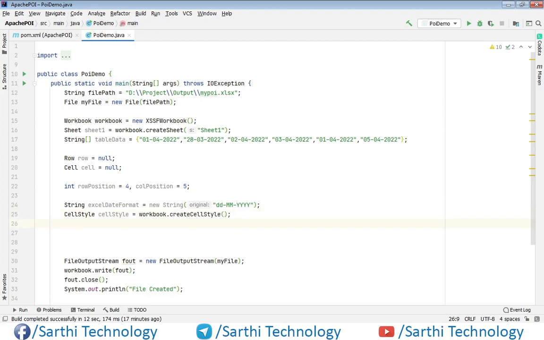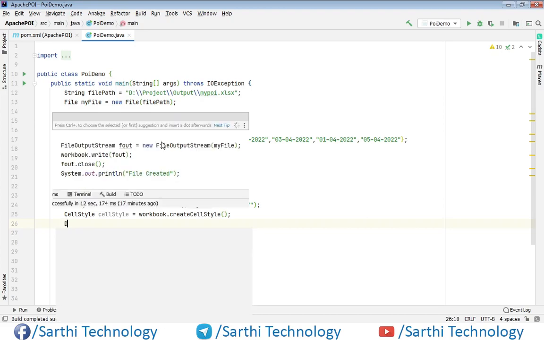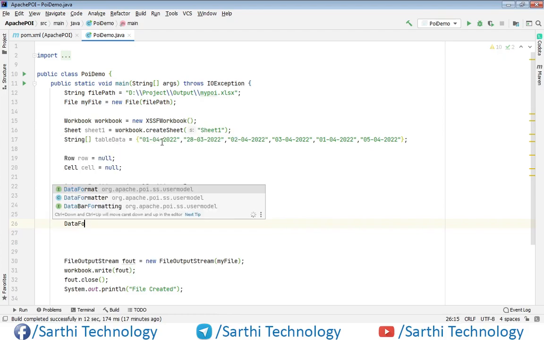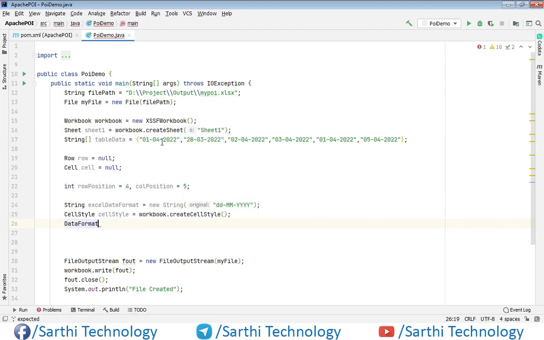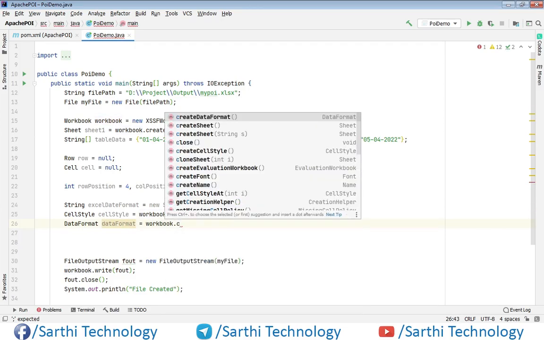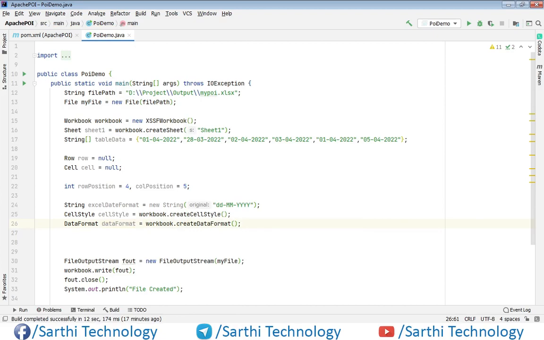Now one data format. So we have this cell style object and one data format object.